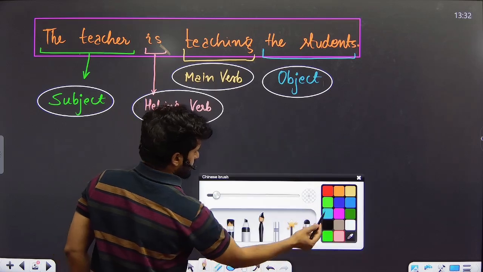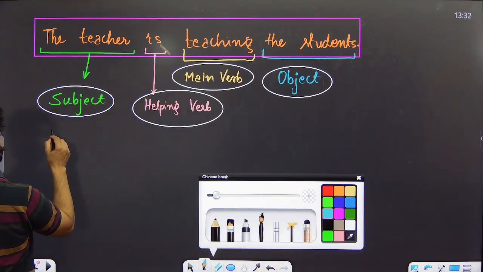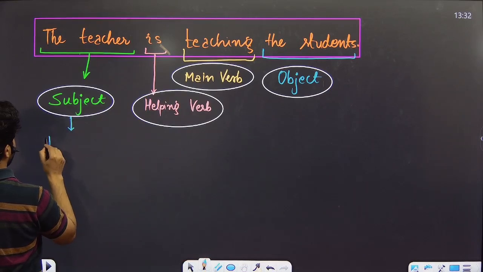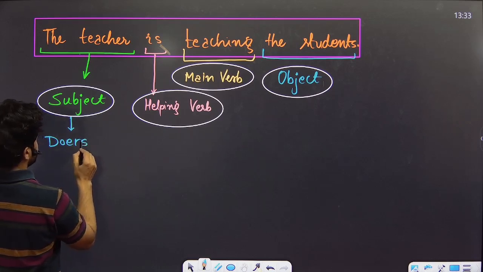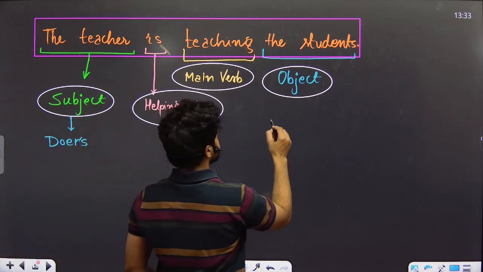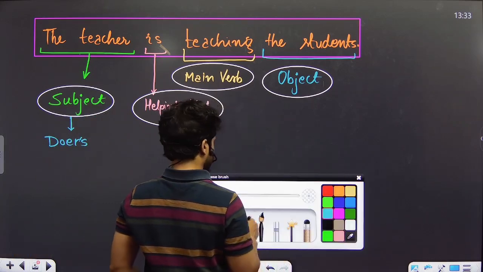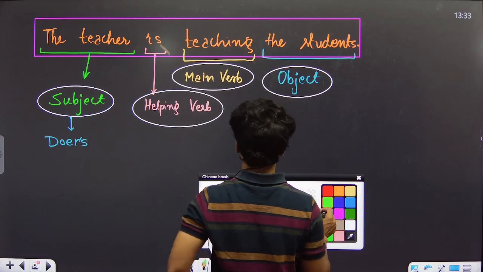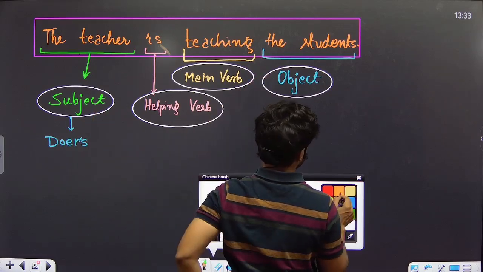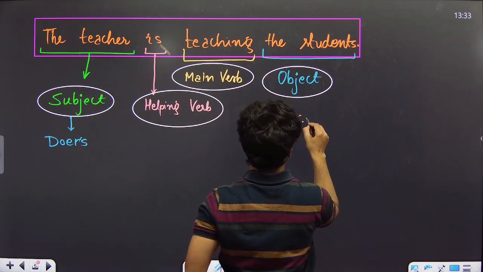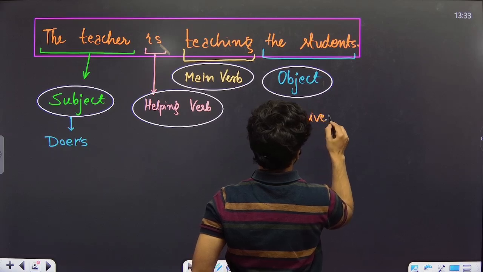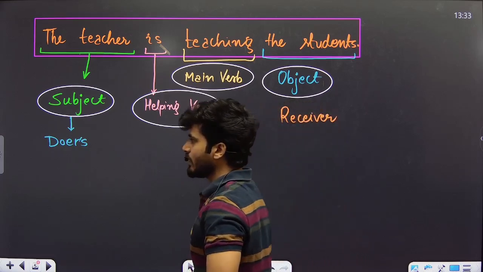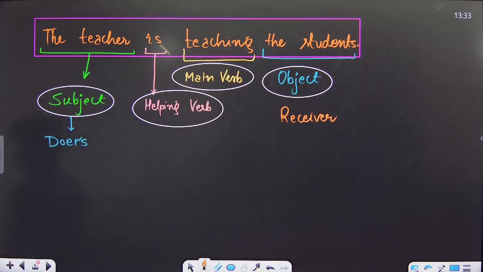So, what is the purpose of subject? They are the doer, they direct the action. And object is the receiver that receives the action. They are the action doer, they are the receiver. And then